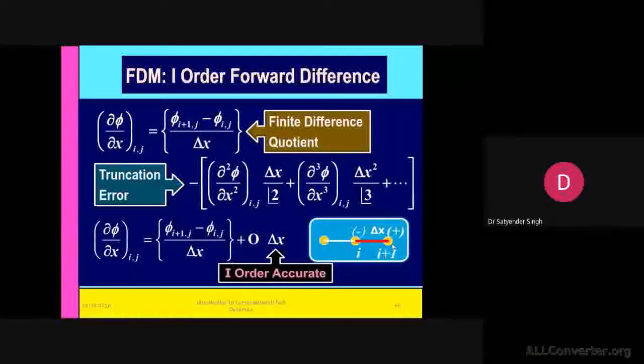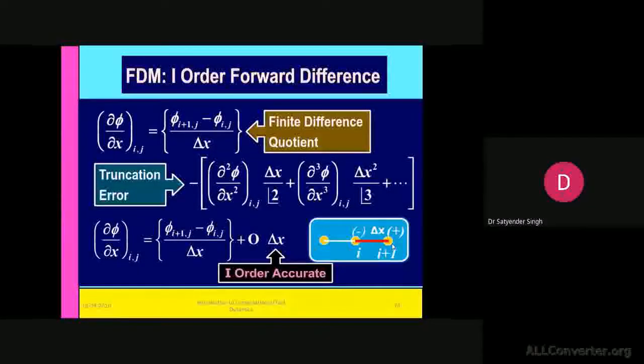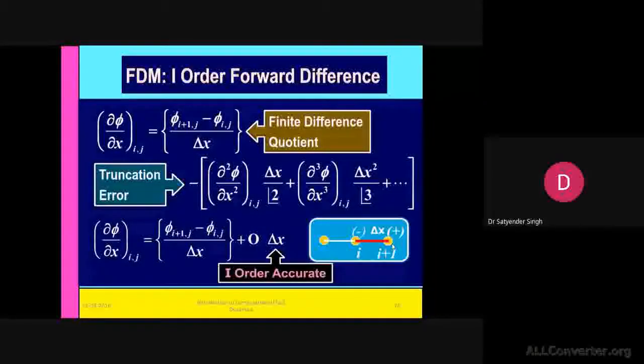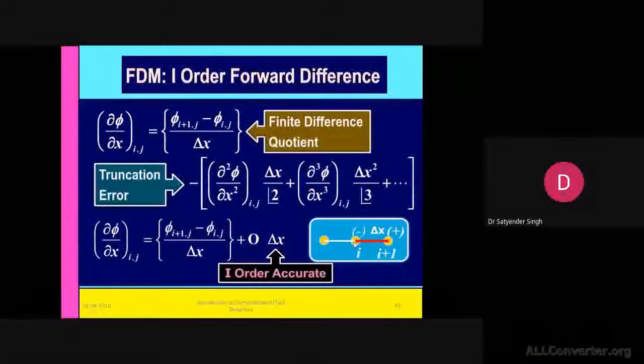Like say you have one bar, and on the left side of the bar it is at 100 degrees Celsius. On the right side it is at 25 degrees Celsius. You want to see, after a particular time, how much change there will be along the length of the bar. Then you must take the increment by taking the i at the left end of the bar, and by taking the increment in the i direction.